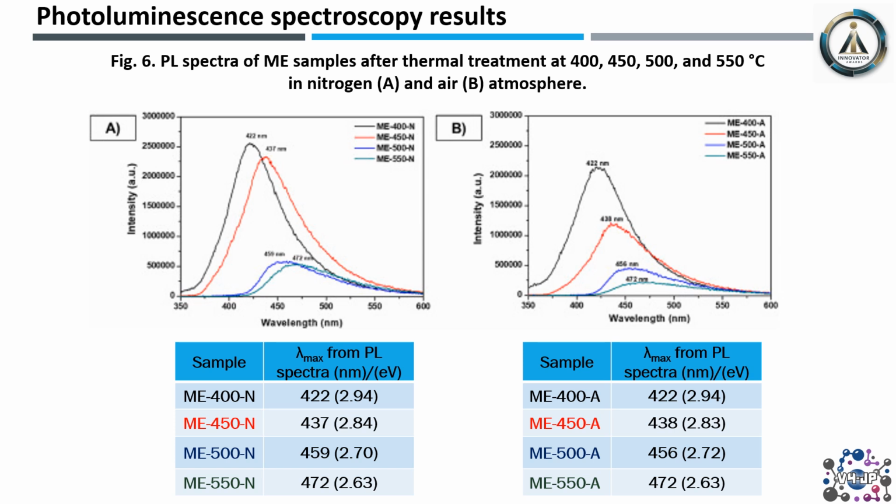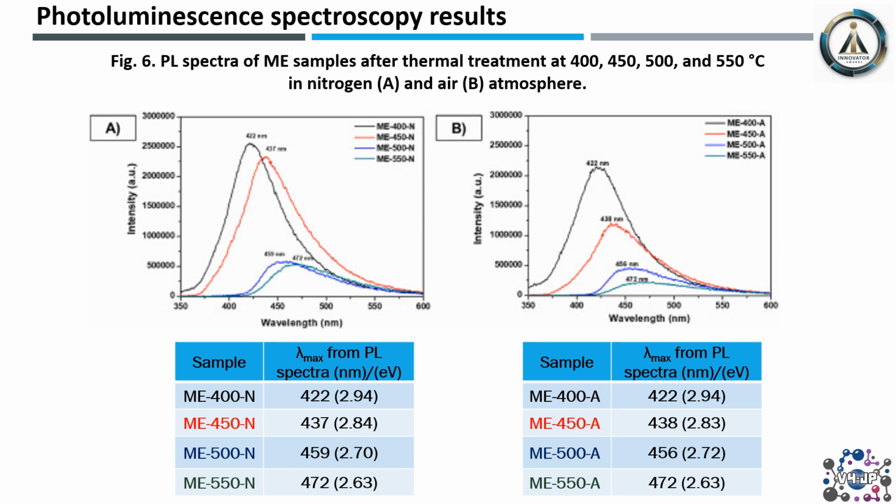So what is important from those results that we achieved? That both series of samples demonstrate that as the annealing temperature increases, the emission bands are redshifted to higher wavelengths